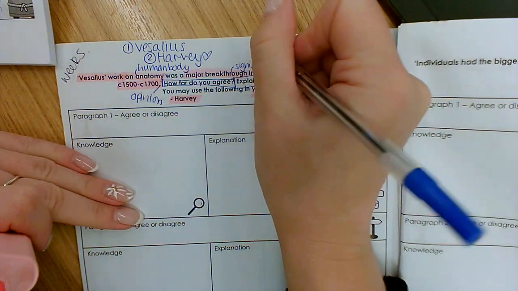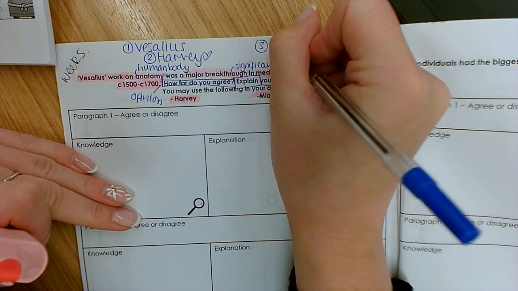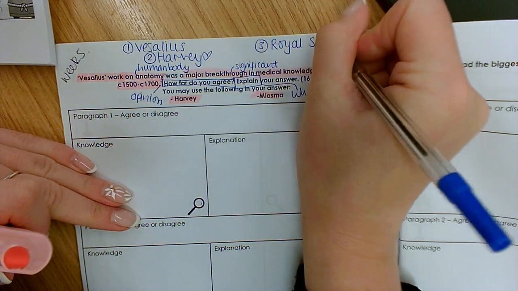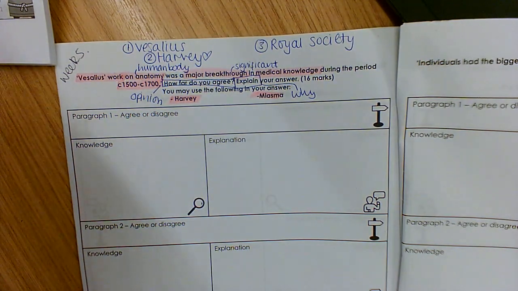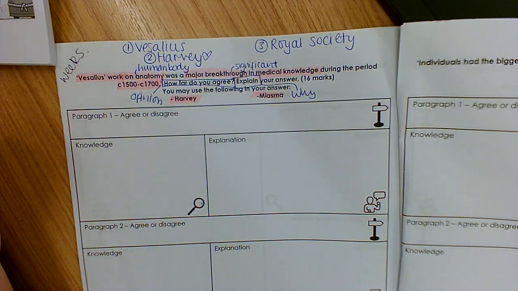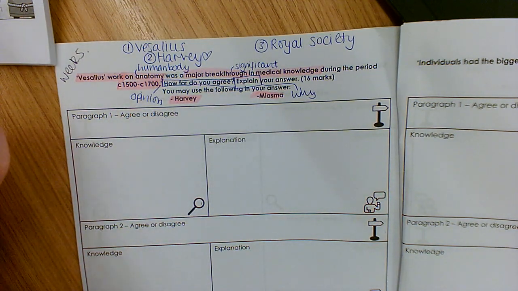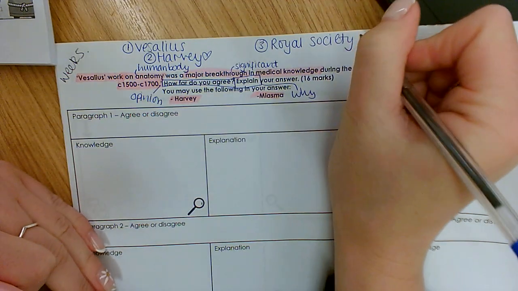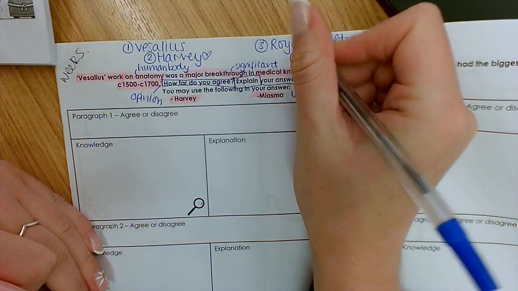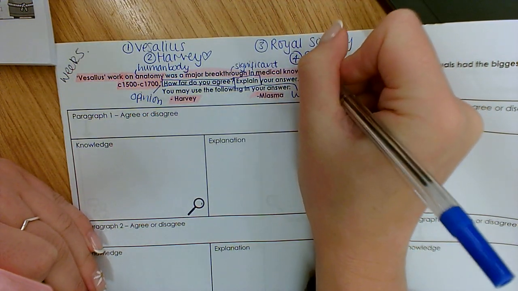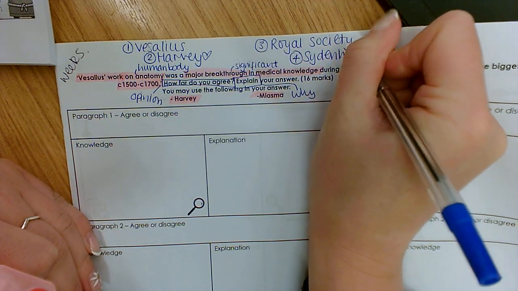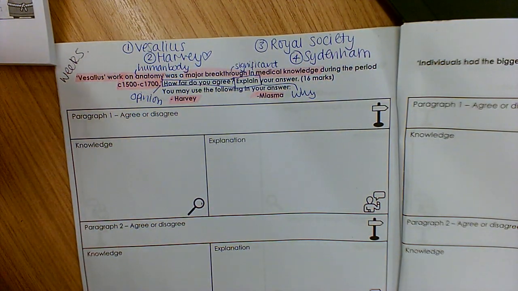to write a 3rd paragraph, perhaps on the Royal Society and their work in increasing medical knowledge, particularly their work in sharing and discussing new ideas, and perhaps publishing other people's work, particularly that about seeing the miniature animals under the microscope. Now, as an alternative, I'm going to write 4, obviously you only need 3, you might want to mention Sydenham, because I know he's someone that also works within this period, okay?